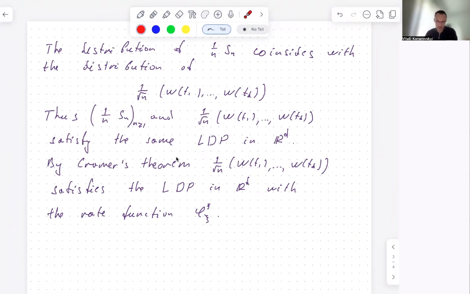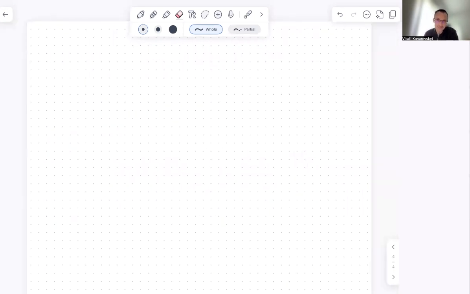So here I want to use its properties. Namely, I want to first of all note that finite dimensional distributions of Brownian motion can be obtained as a linear transformation of the distribution of a vector with a standard Gaussian distribution. Let me be more precise. And so let's consider, or write, we remark that